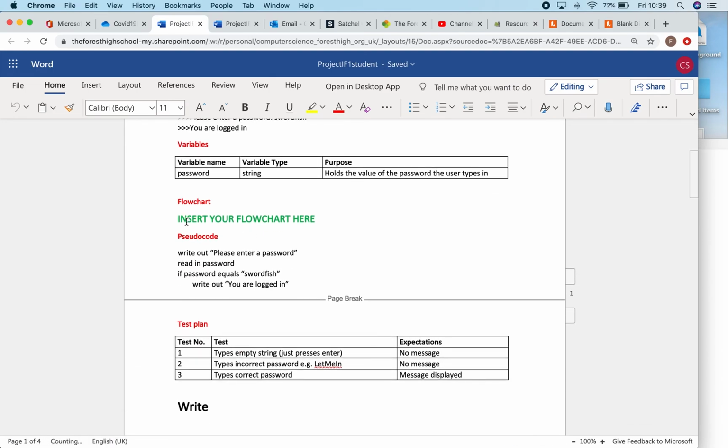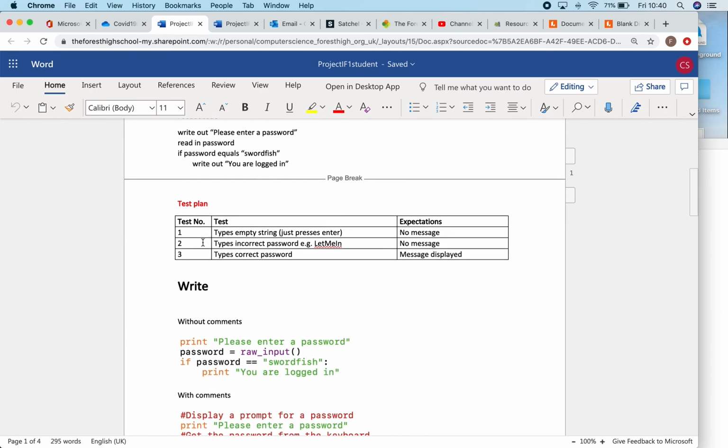So you need to do a flowchart and write it there. Now, okay, so you might not be able to put it into the PDF document. I don't want you to retype everything out in Word. Getting a screenshot and pasting it into a document is good enough, or even drawing by hand on paper is good enough to show me later. I don't need you to insert it into the document. I'm just showing you where in your document it would need to go. So you might want the heading flowchart and the heading pseudocode after it. And then a bit further down,